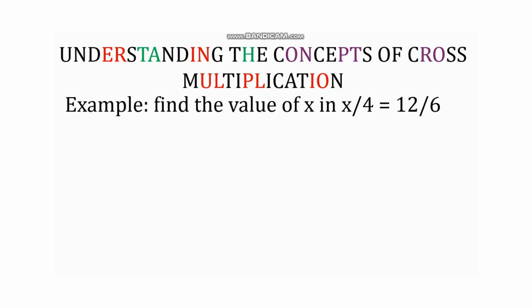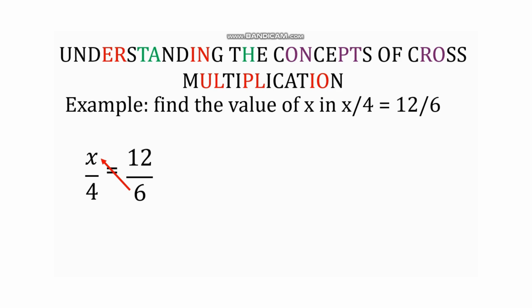Now, look at this example. It says find the value of x in x over 4 equals 12 over 6. So let's write this down. x over 4 equals 12 over 6. Now, to cross multiply, the numerator of the first fraction will be multiplied by the denominator of the second fraction, or the fraction that is next to it. And the numerator of the second fraction would be multiplied by the denominator of the first fraction,